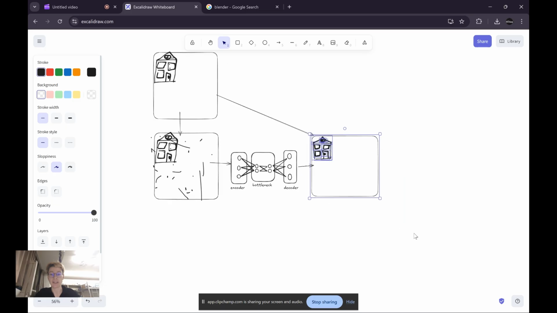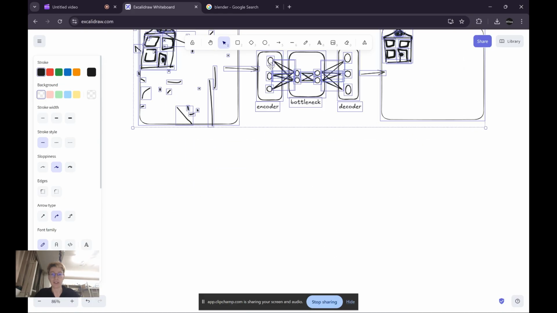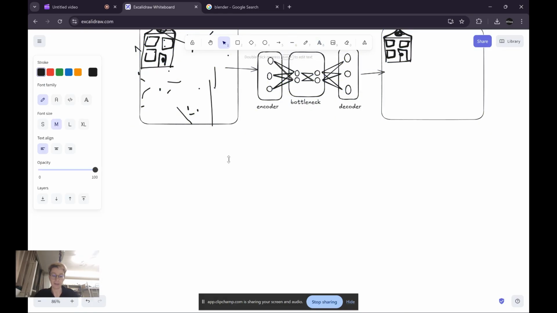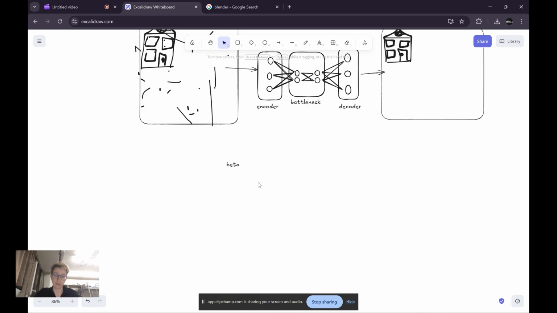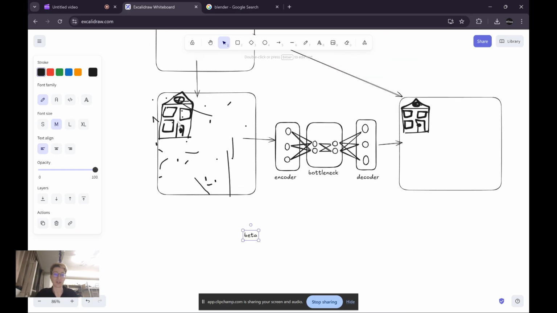So this is the base version, but it has some limitations. So that's why we have created the VAE, variational autoencoder, that introduces a beta variable that will basically say how well we need to stick to the base